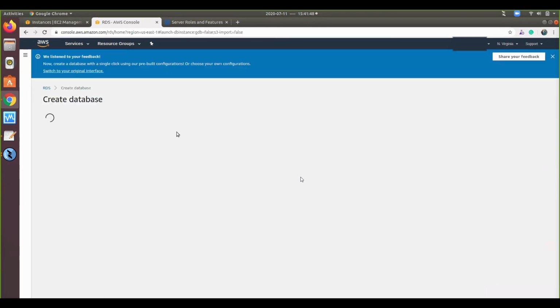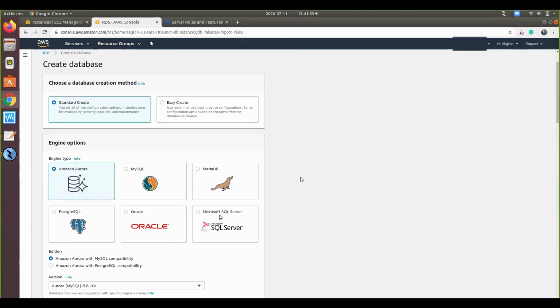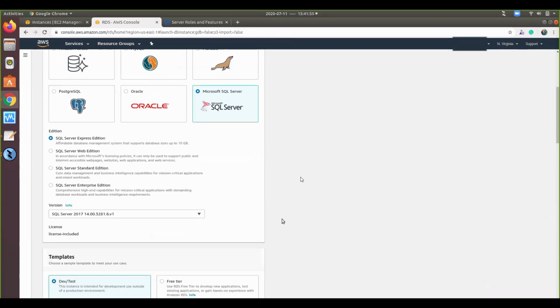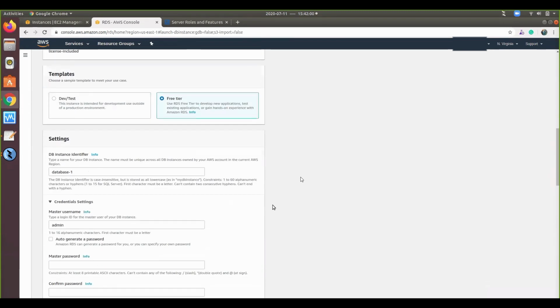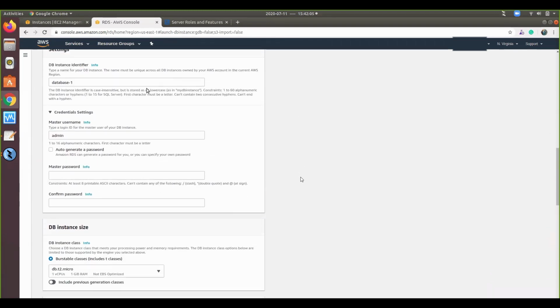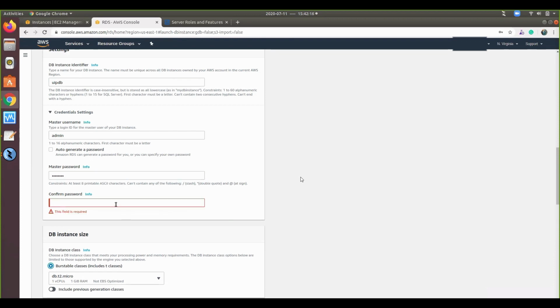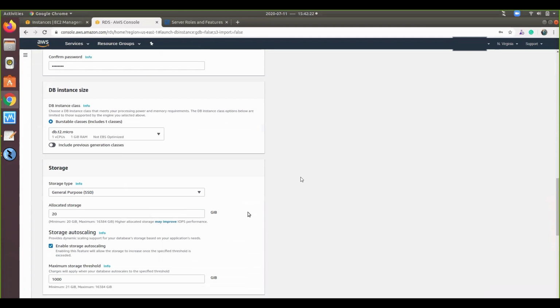I think this has selected one more additional option. So the standard one, Microsoft SQL Server, free tier. UIPDB, then the password and DB instance.